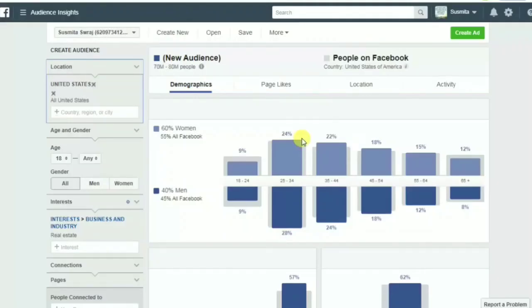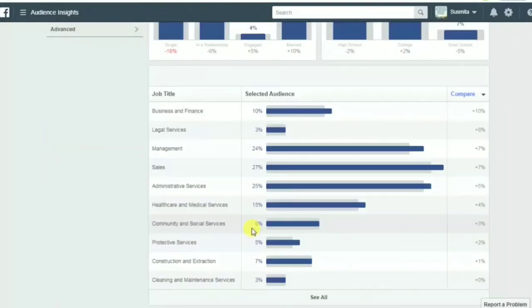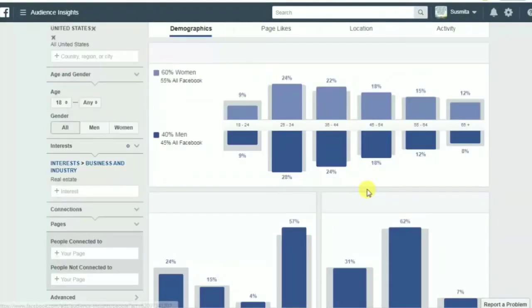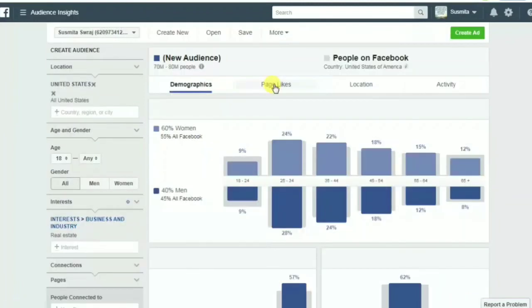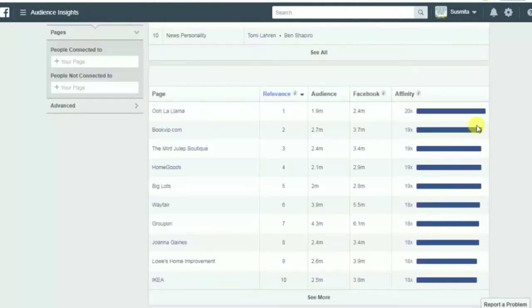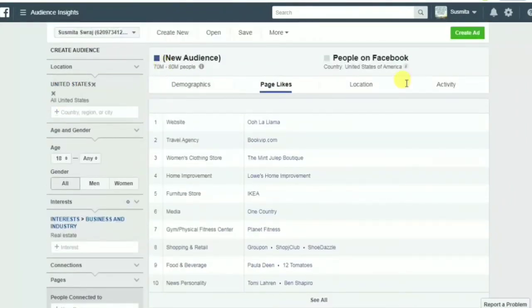Now you can see this data, and if you want to understand this data you can, but for targeting you don't have to use any of it here. So now you have to go to page likes. When you go to page likes, you will see a lot of similar pages, and most of these pages are liked by people in this industry, that means the 70 to 80 million people, right?